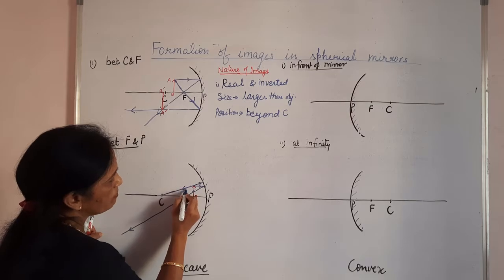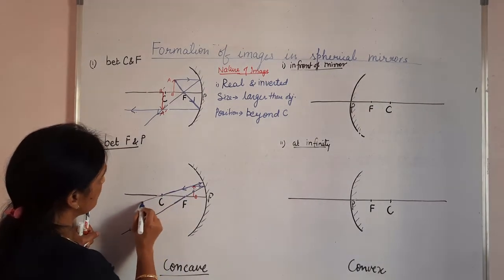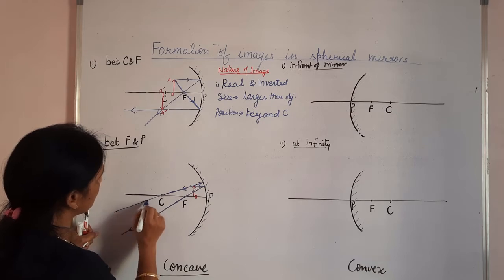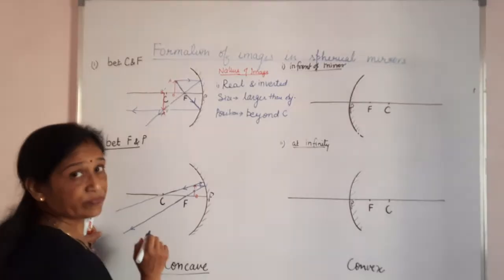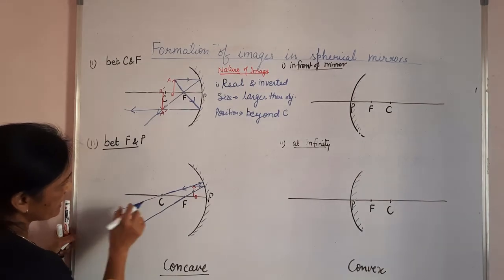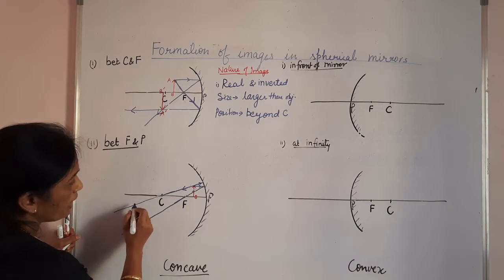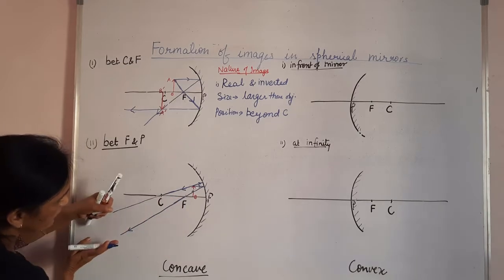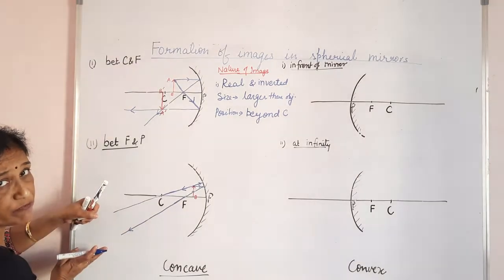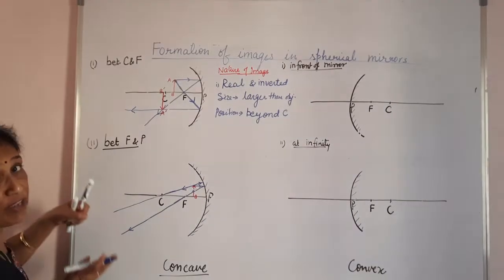So if my ray is like this, what will happen? It will reverse back. So this will be the reflected ray. See this, the two reflected rays, one is this one, another is this one, and the two rays are diverging here. On this side it's not meeting, it's diverging. ये फैल रही है इधर.